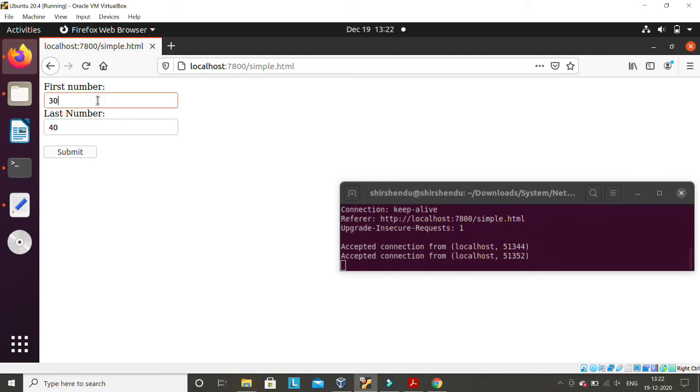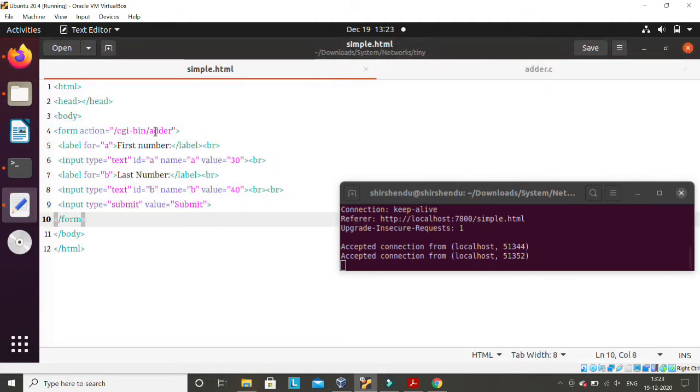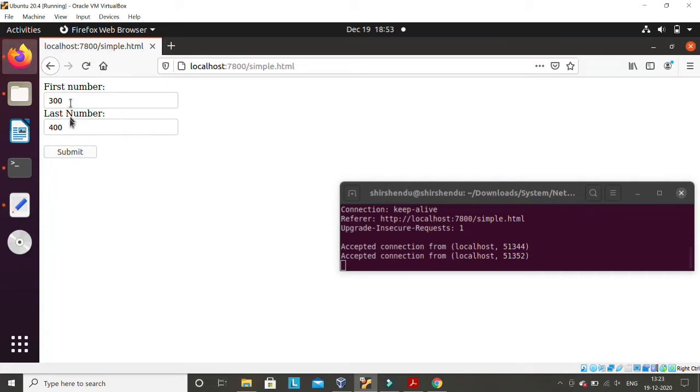Then if I write 300 and 400 here and submit, it will again send a request to the server, but this time for a different program, the adder program in the CGI bin folder. That adder program will also be supplied these two values, and the moment I press submit in this form, it will send these values in GET form.